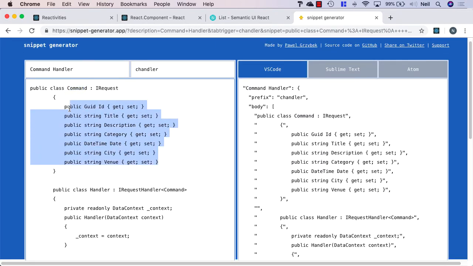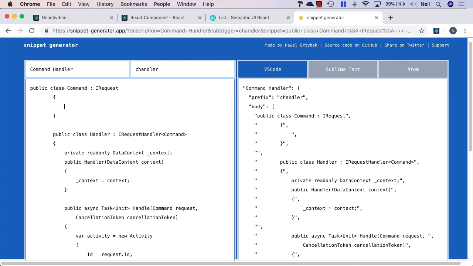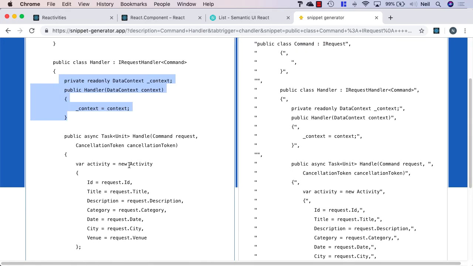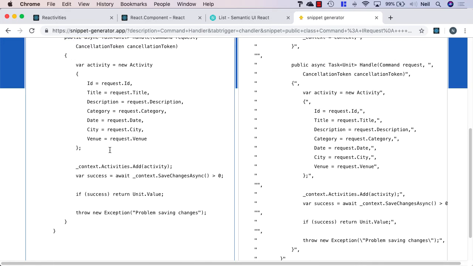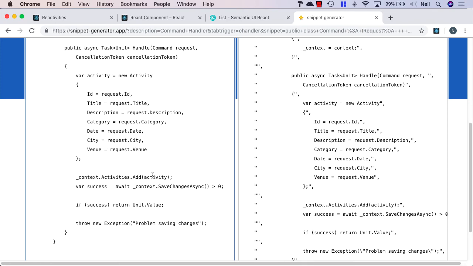Now I'm going to take out all of the properties because these will be different for every handler. Once again I'll keep the data context injection, and I'll also take out some of the logic, but I'll keep the success variable with the await context save changes, because the purpose of a command is to